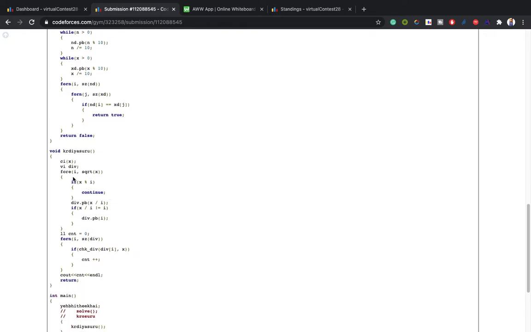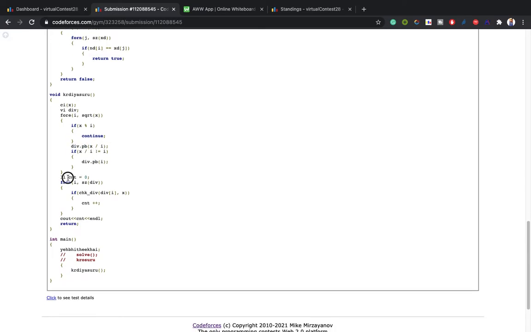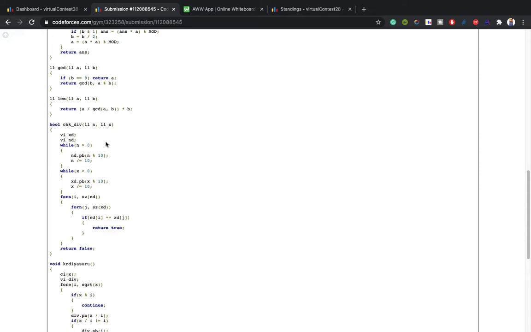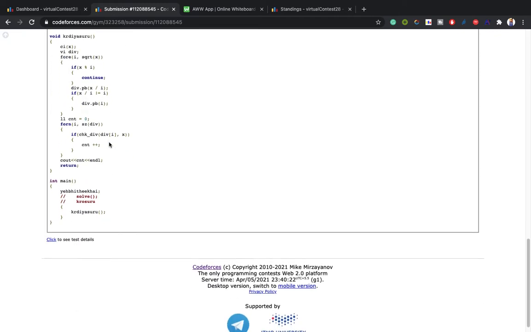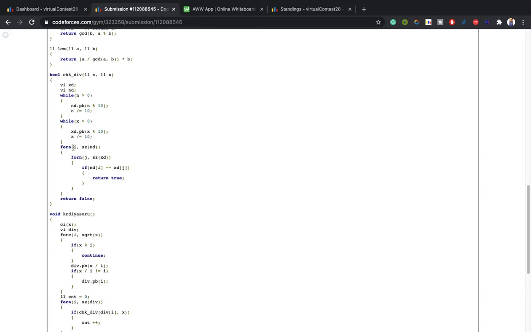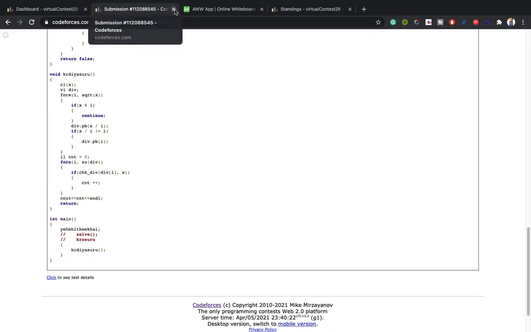Firstly, I store the divisors of x in the divisor vector list, and initially the count is 0. I form a function check_div, in which I store the bit representation of n in nd and the bit representation of x in xt. Here n is the current divisor and we have to check from x. I run a loop iterating like brute force, and if any of them matches, I return true. If neither matches, I return false. If I get true, I increase the count and print the count. So yeah, this is problem B.